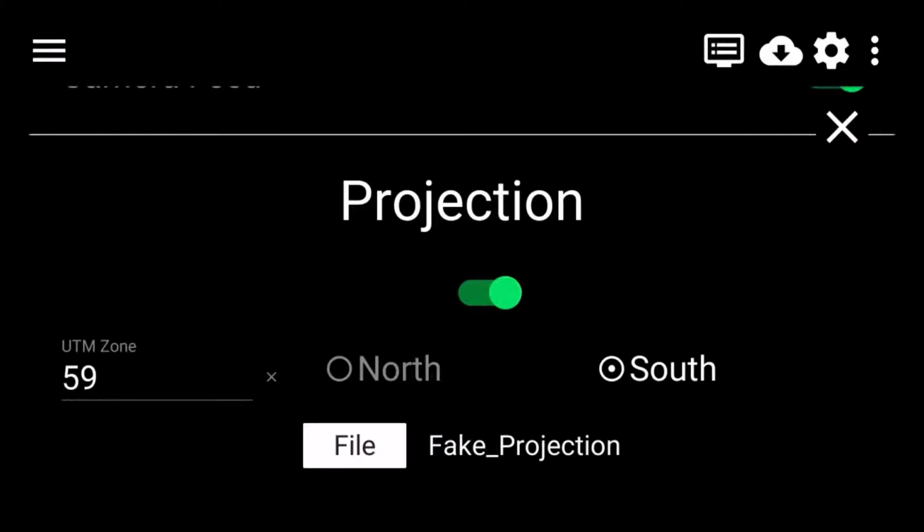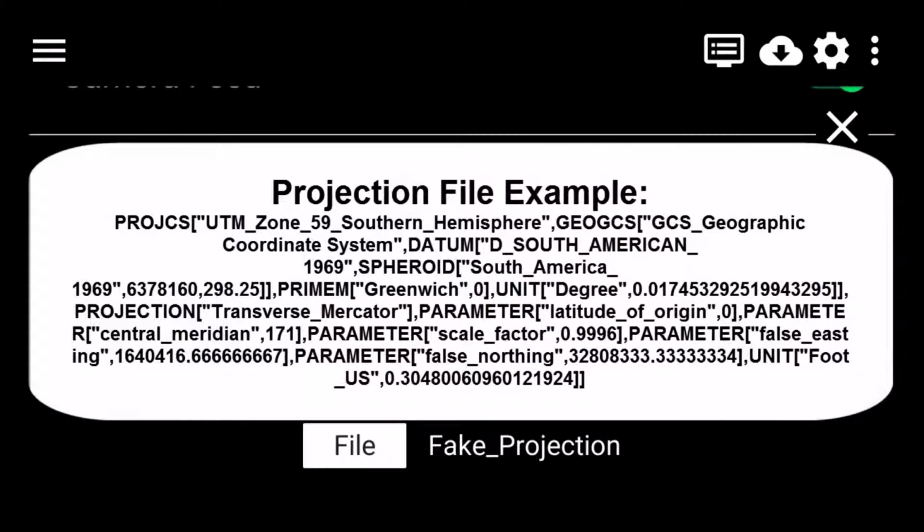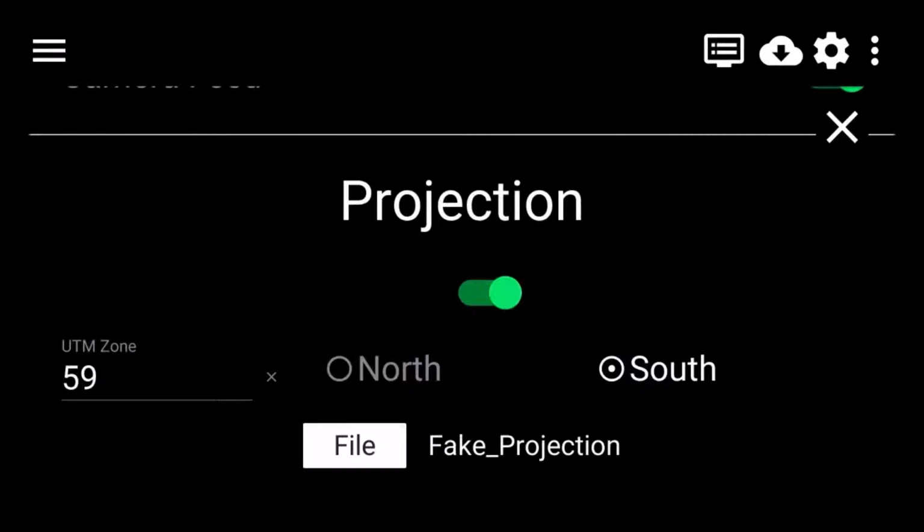And then finally, we need to tell it which file to use to define the projection. So this is a well-known text PRJ file. Again, if you're using a local grid on site, you probably already have access to one of these. You just have to ask your surveyors or somebody if they have this file.